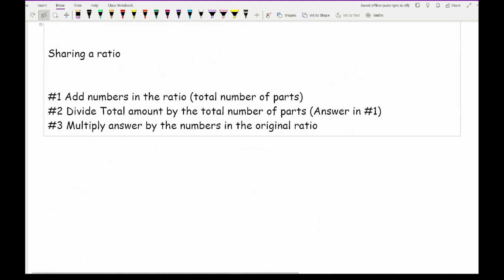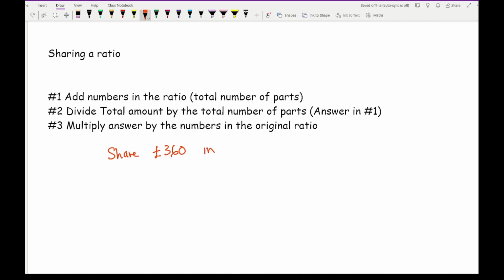Now when it comes to sharing a ratio, again the three steps are: add the numbers in the ratio, which gives you the total number of parts; divide the total amount by the total number of parts, which is basically your answer; and then multiply the answer in part 2 by the numbers in the ratio. So for example, if I wanted to share